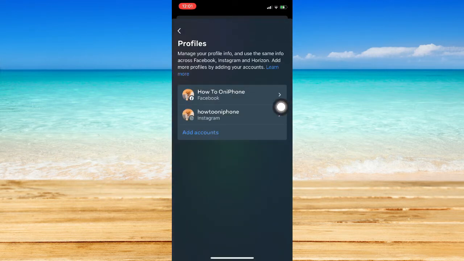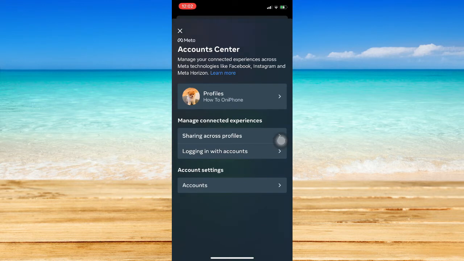So right here, what you're going to do is to connect your Facebook and then your Instagram account. So just simply go to your profiles and then connect your Facebook by clicking on Add Accounts right here. So assuming now that you have connected your Facebook and Instagram account, then you should go back and look for